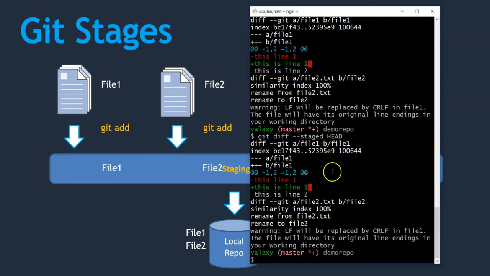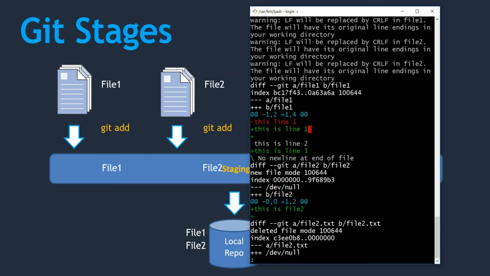So I don't think file 2 is going to compare, but let's see how it works. So git diff HEAD. Which means that if I give git diff, it is going to compare the working directory with staging, right? If I give git diff HEAD, it is going to compare with the repository rather than the staging area. But anyway, you are going to identify what is HEAD at a later point of time. But for now, just think that HEAD means it is like a local repository. Now let me execute this one and you can see.